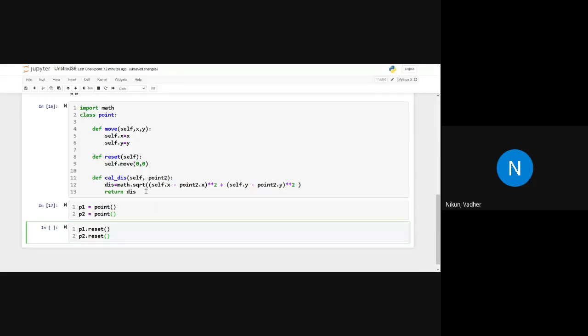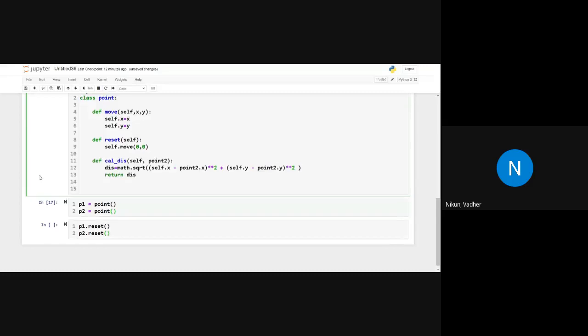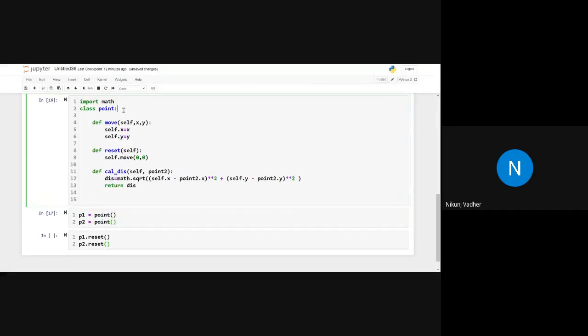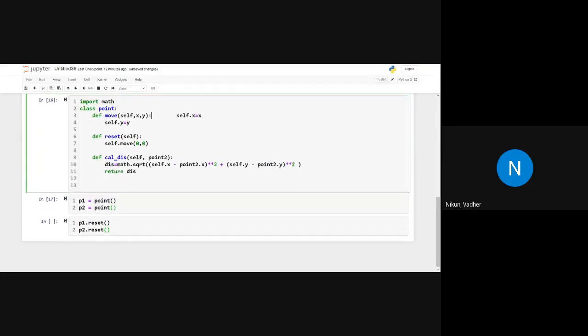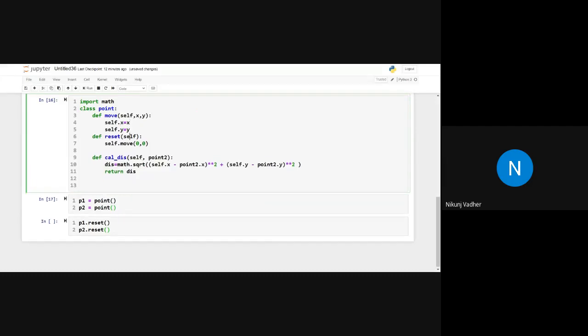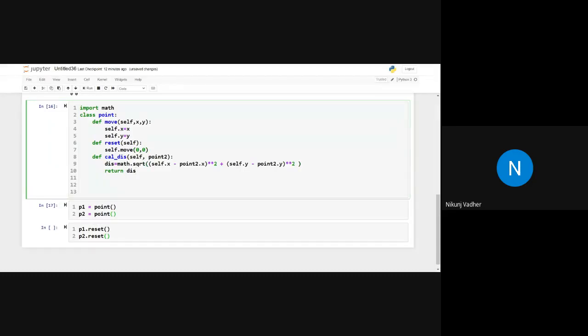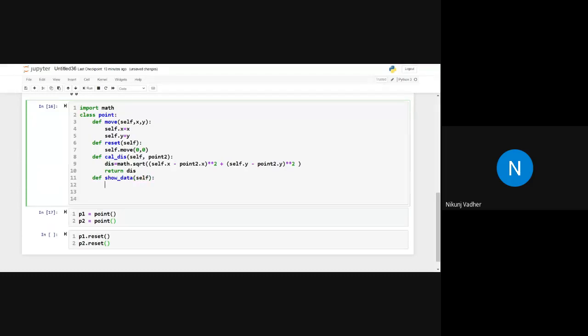Let's also add one more method that will show us the information of the point, that is, the current position of the point in mathematical space. So def show data, and we pass self. Then from there we will print.